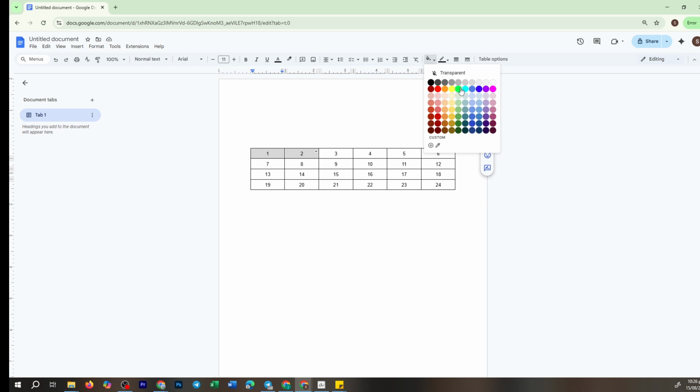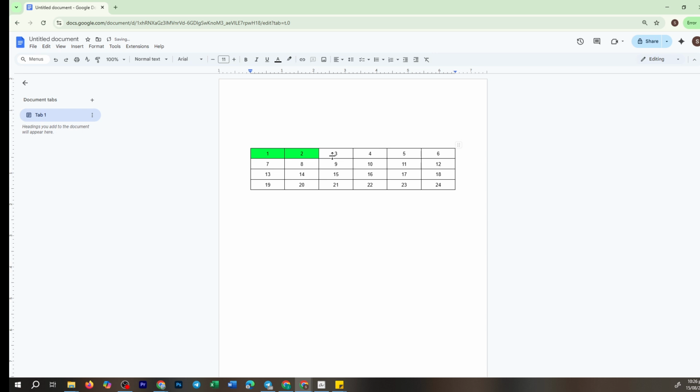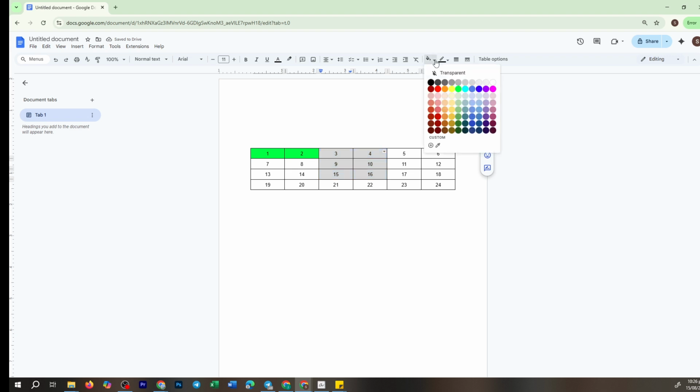Once you've opened the color palette, it's time to pick a color. Consider your document's theme or the message you're trying to convey as you make your selection. For example, a soft pastel might be perfect for a formal report, whereas bold, bright colors might work well in a creative project. Click on your preferred color and immediately you'll notice the highlighted cells take on the new color